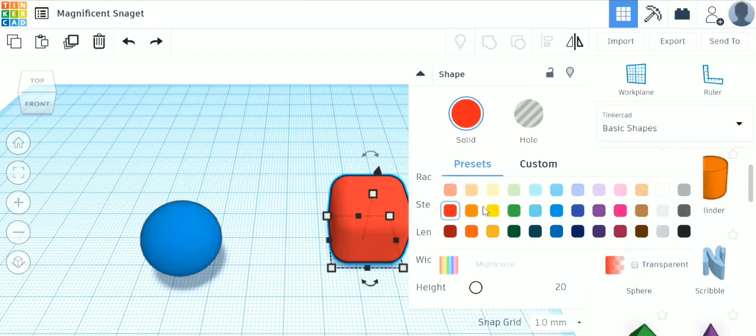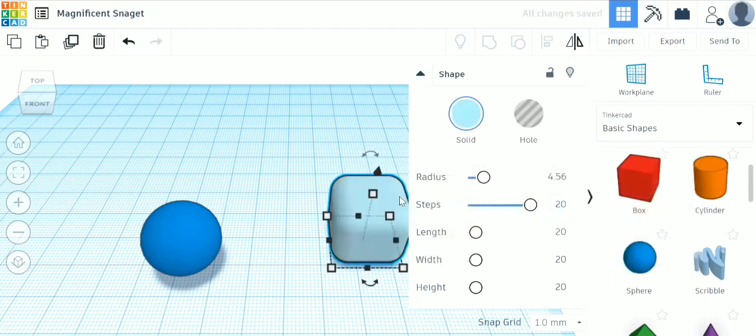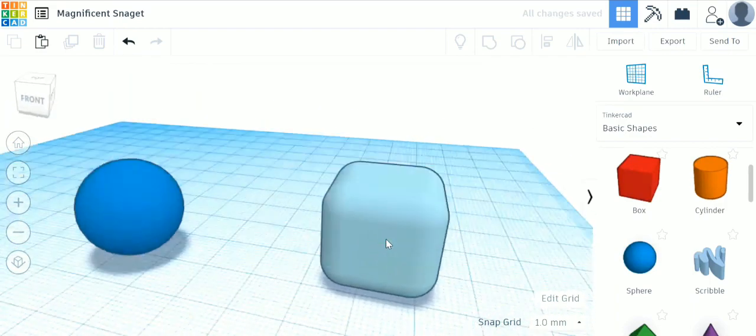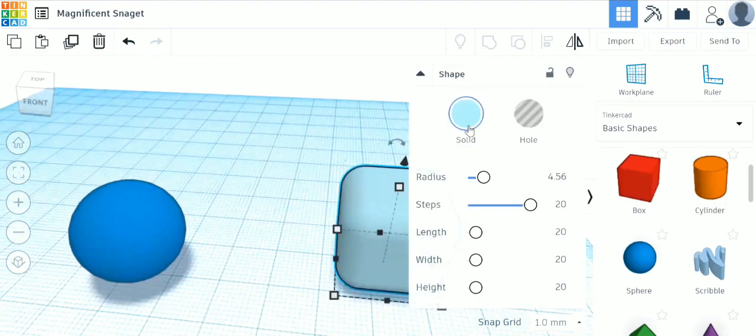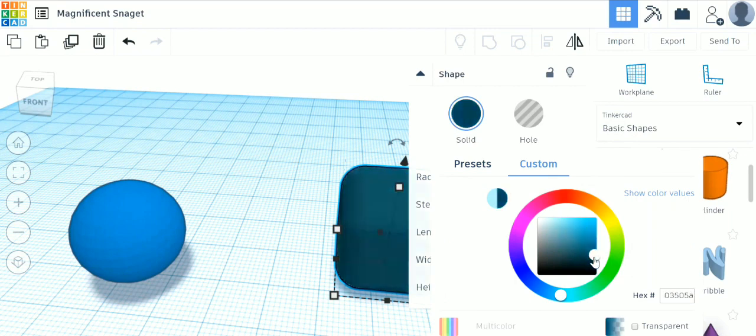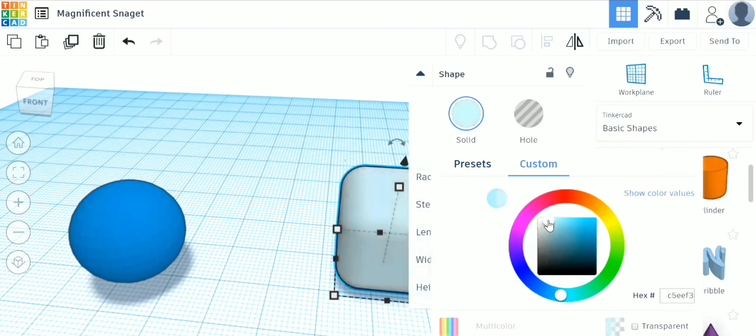You can see a bunch of colors that you can choose. For example, I'll take this blue color, and my dice is now converted into blue from red. You can even customize your color by clicking on the custom, and you can change it to any color.